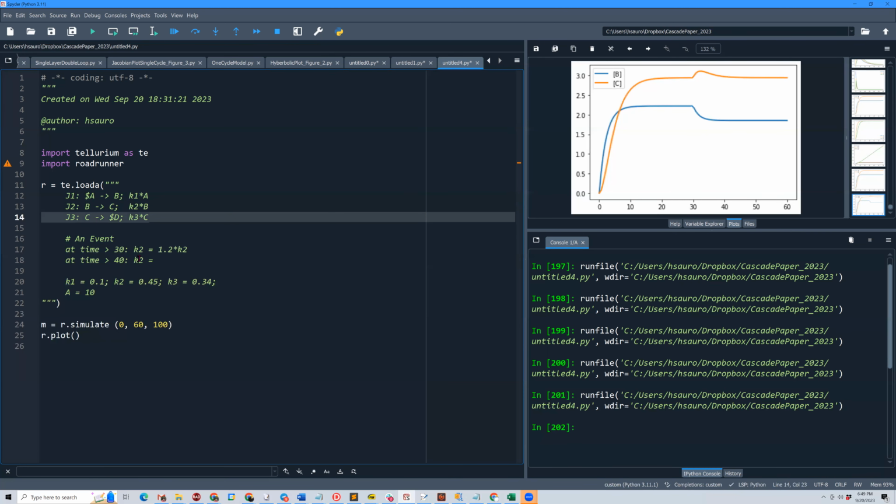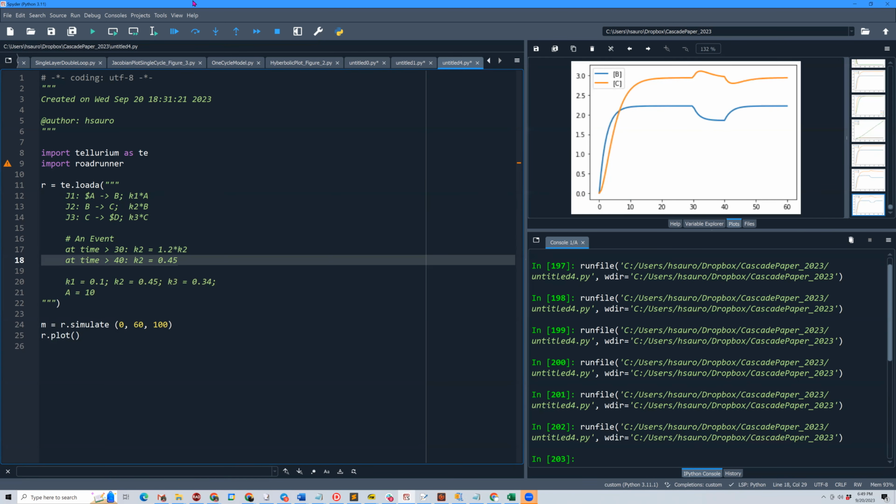And it was originally 0.45. Okay, so I can have as many events as I want. I can keep adding them. Let's run this one. Okay, now you see effectively what's happening is the system is returning back to what it